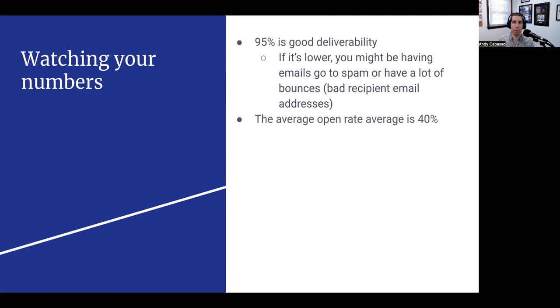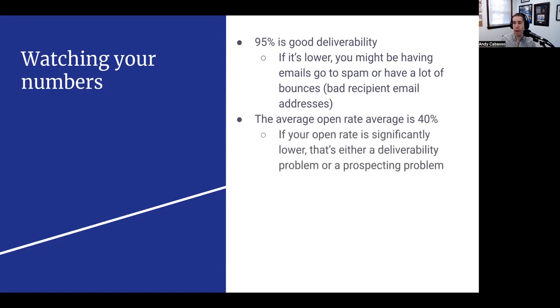Average open rate, we have a lot of data on this. It's around 40%. If the open rate of your email campaign is consistently below 40%, then it looks like there are some issues of deliverability. But if you're seeing a much better open rate, nice work. Not only is your deliverability good, but you've done a good job with your outreach campaign targeting as well.